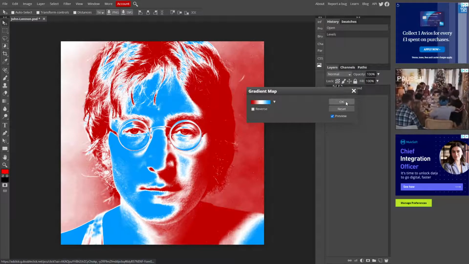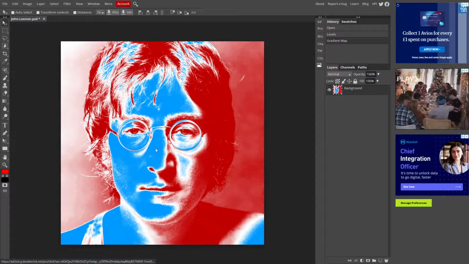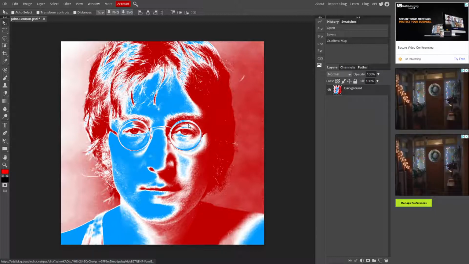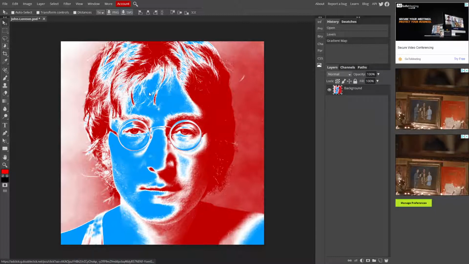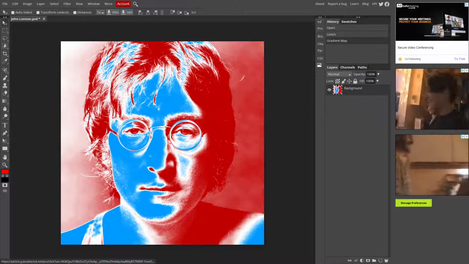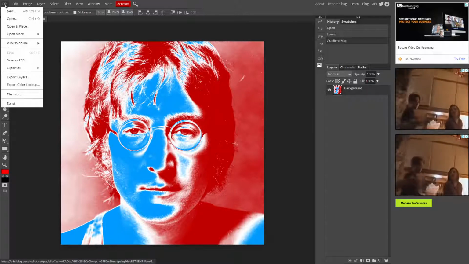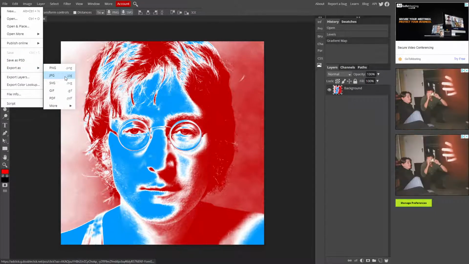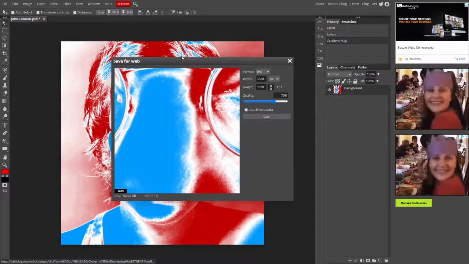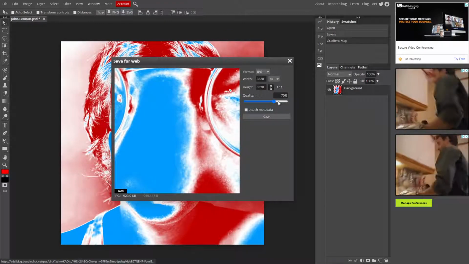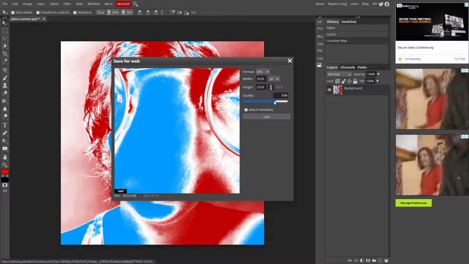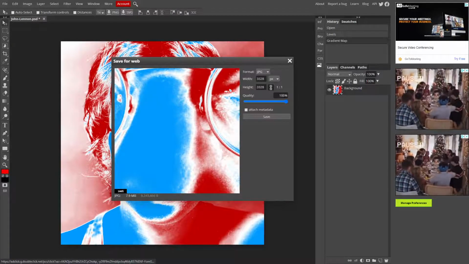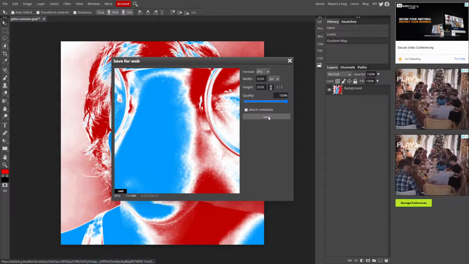So let me show you how to save it. Okay, I've got this image. I want to make sure I save it to my computer so I can upload it to Show My Homework, and also print it out to put it into my sketchbook. So I go up to where it says File, and I want to say Export as JPEG, and I want to boost the quality of the JPEG up all the way to 100%. If your computer can handle it, you should do that. And I'm going to say Save,